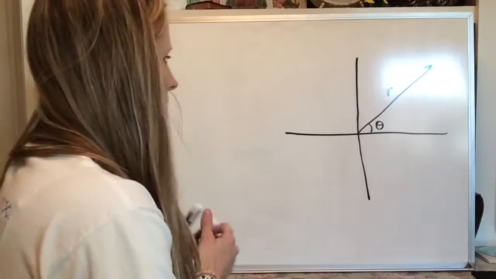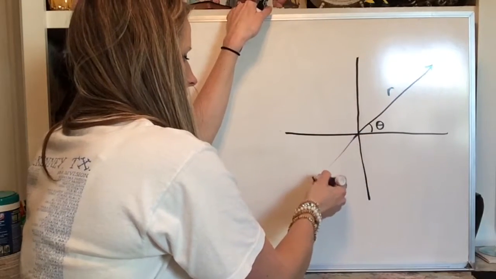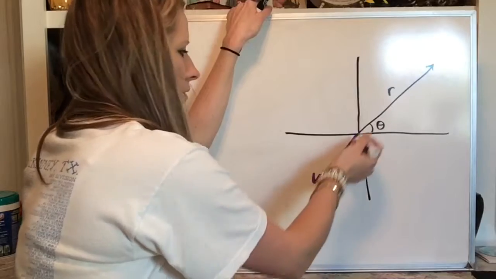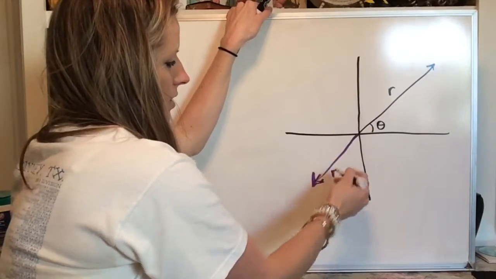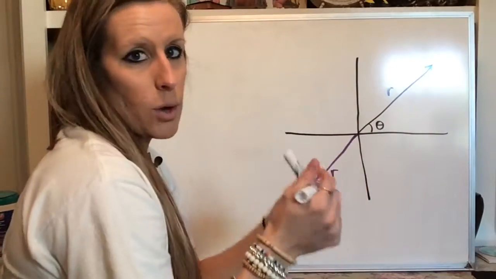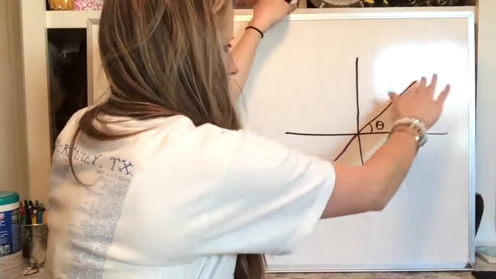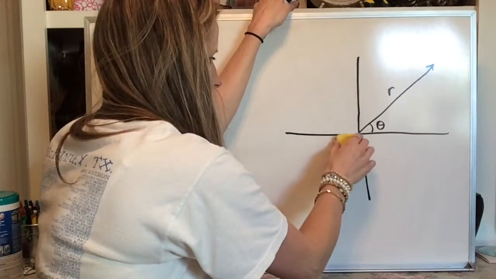Even if I have an angle that starts here and goes all the way over here, even if I have a vector going this way, my r is still positive. So it doesn't matter what quadrant it's in, that vector is always positive. All right,